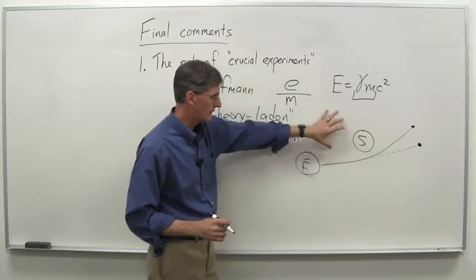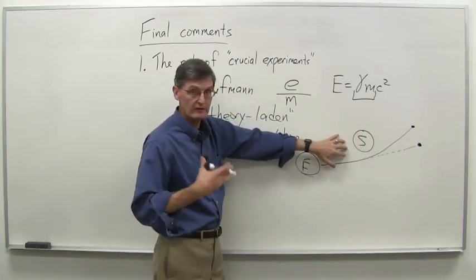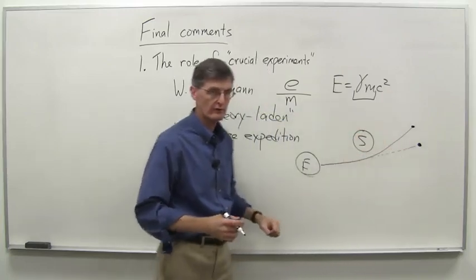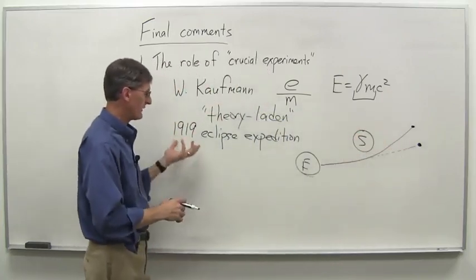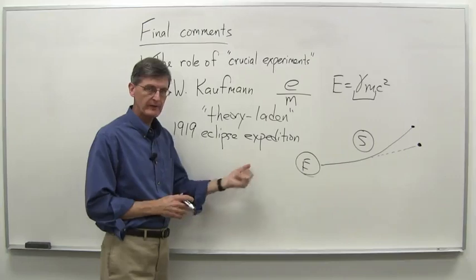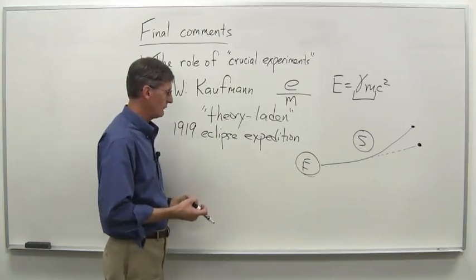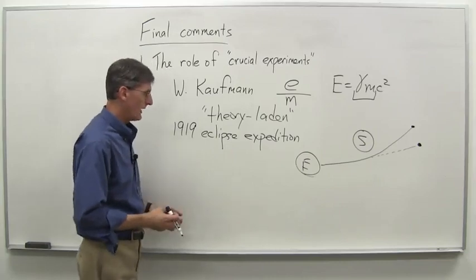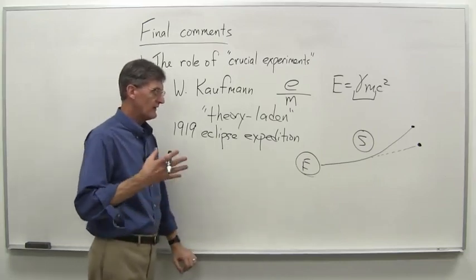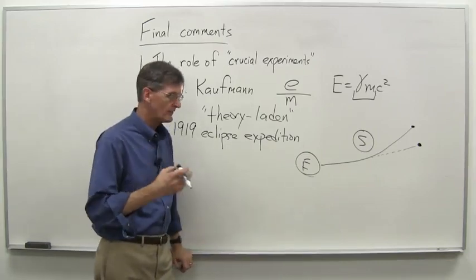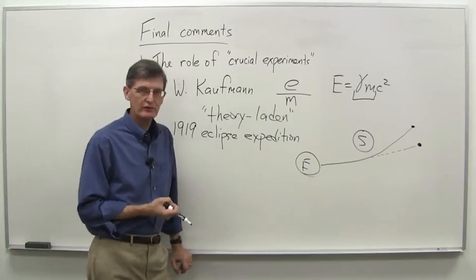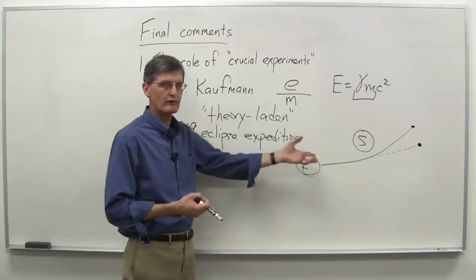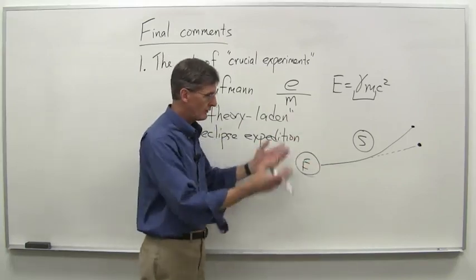And of course, as we mentioned, to measure this, you need a total eclipse of the sun, because otherwise the sun's light just washes out the starlight behind it. And so that's what they did in the 1919 eclipse expedition. The British sent a team to South America and also the west coast of Africa. And here again, you have to appreciate the difficulties of measuring something like this. It wasn't like, let's just take the photographs with our equipment and then it'll be very clear.